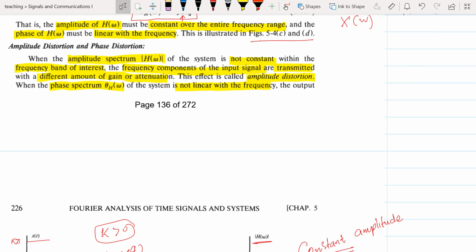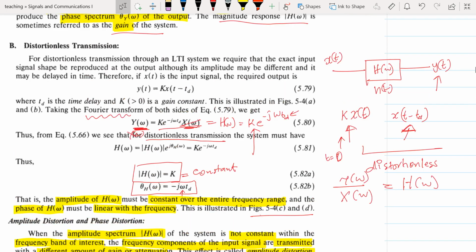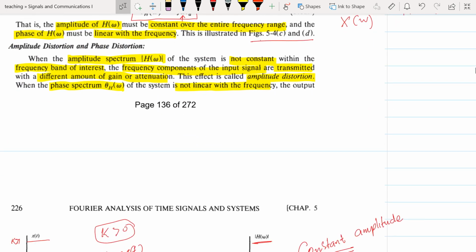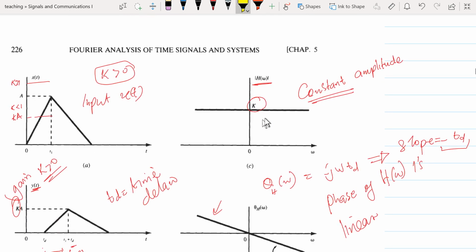So what we have seen above here is that if the conditions for distortionless transmission are not met, then we are going to have amplitude distortion and phase distortion. And you want to characterize each of them. And you are going to say that when the amplitude spectrum of the system is not constant, as described by this equation here, then assume it is not constant, probably it is decreasing. That means that some frequency components are given some gain,